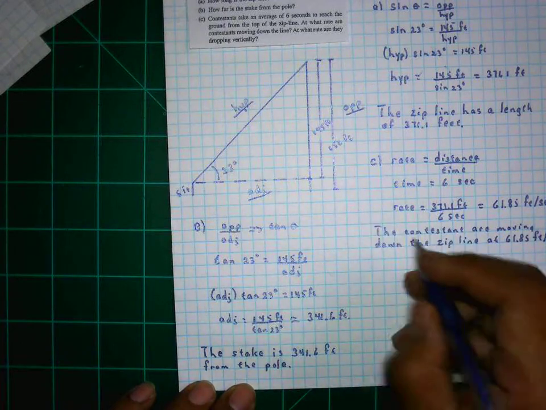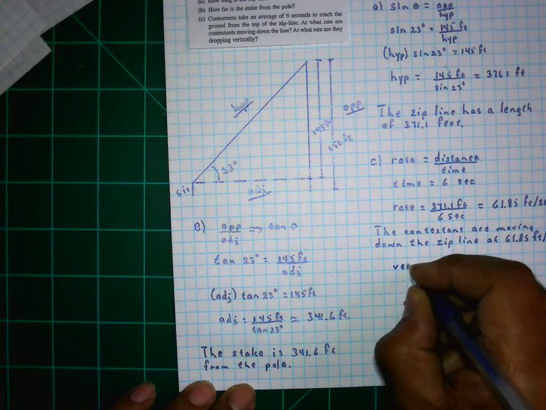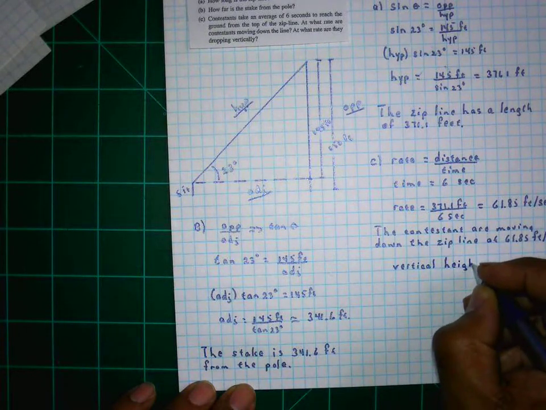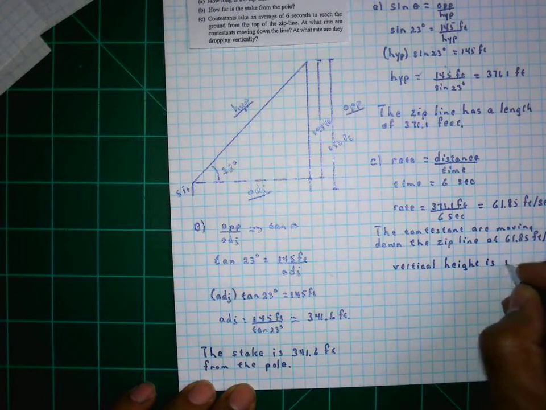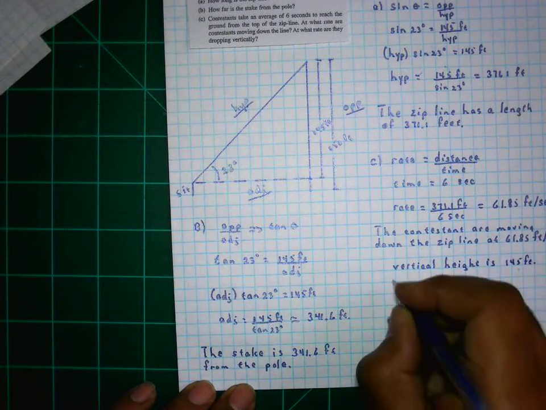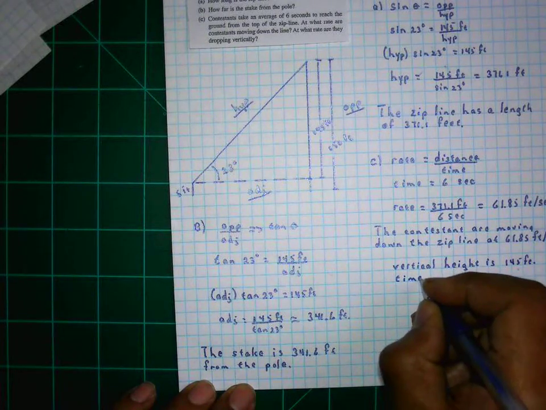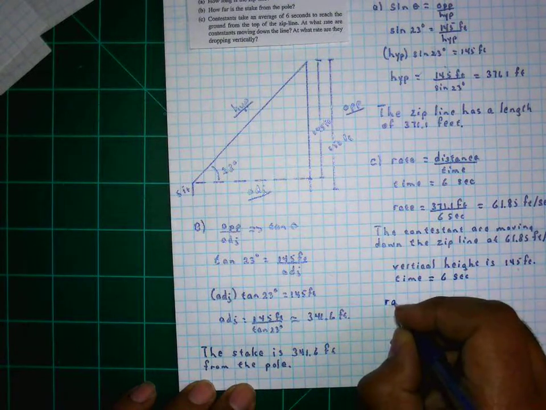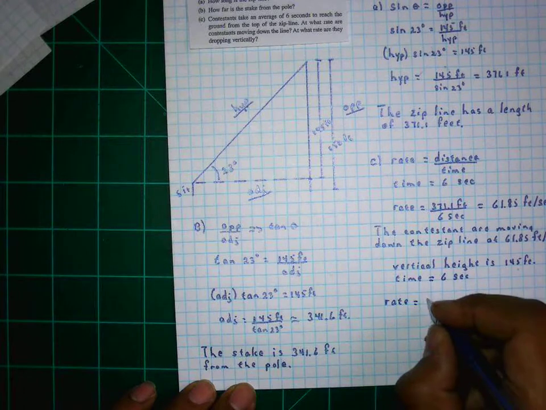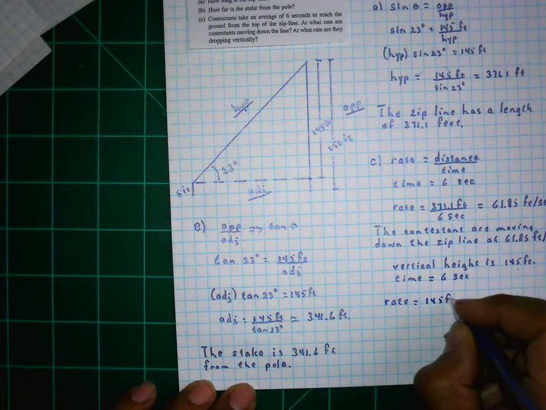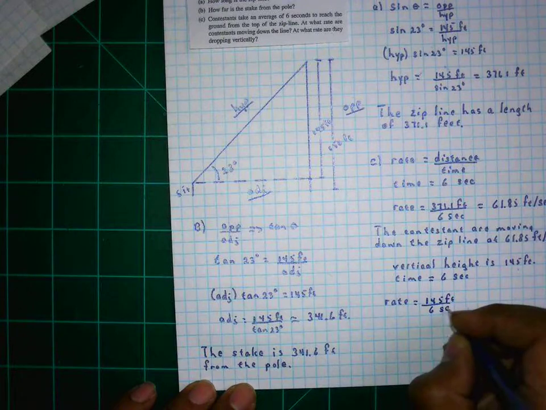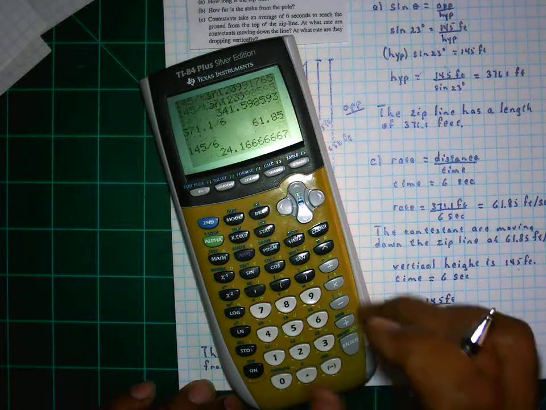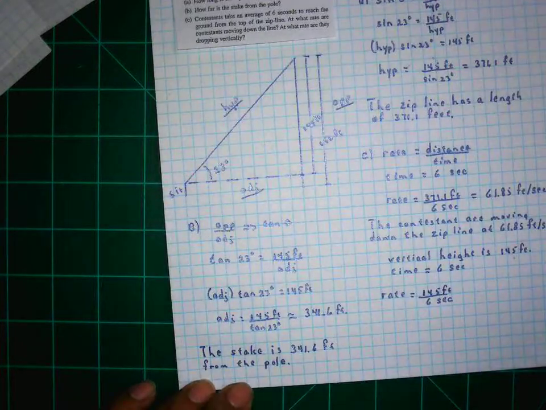Well, the height is given as 145, so the vertical height is 145 feet. And the time, again, is still 6 seconds. So the rate is 145 feet divided by 6 seconds. So using the calculator, we have 145 divided by 6 gives us